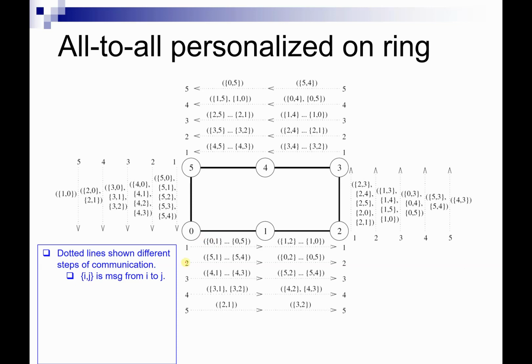Okay, now in the next step, that's going to be given by these lines marked 2 over here, right? So this is for step number 2, and this is for step number 2, and so on. What's going to happen is that, well, in step 1, 0 sent a message to 1. Okay, so now 1 has the message that 0 wants to send, so 1 can just keep that. Okay, it doesn't need to pass that on anymore. Likewise, 1 sent a message to 2, and 2 can just keep that message. It doesn't need to send that to anyone else. Okay, so therefore, on the second time step,